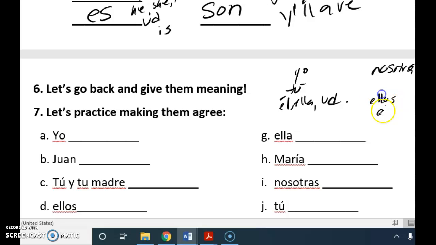Yo can only go with soy. El, ella, and usted, they can only sit with es. Nosotros and nosotras can only sit with somos. Ellos, ellas, ustedes, they match up with son. So here we go. What form of ser can